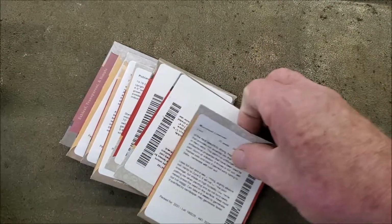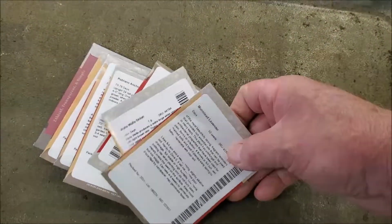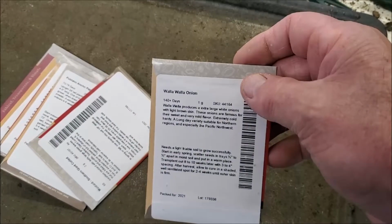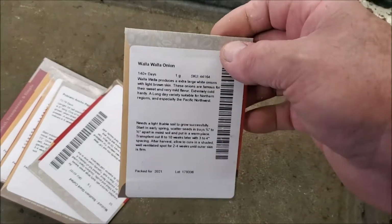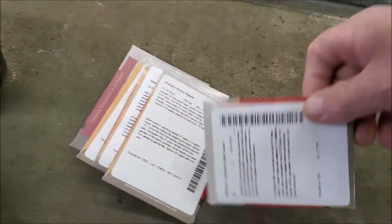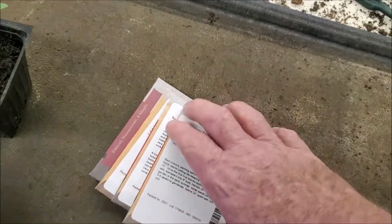and some lavender, some Walla Walla onions, which now Walla Walla onions are made for more long day, but I wanted to grow some and see how they did down here in the south. So I'm going to try some of these, see what happens. Got some giant curly mustard,